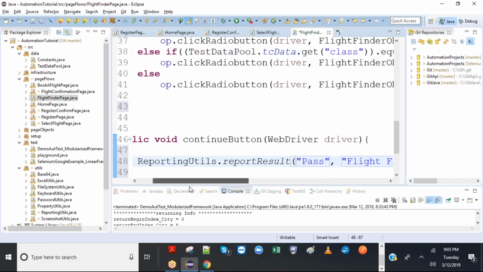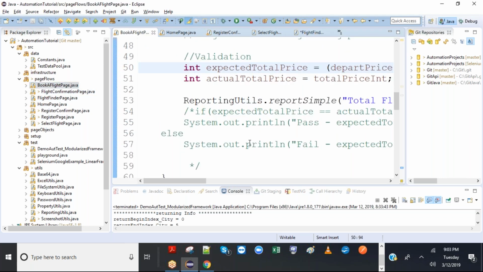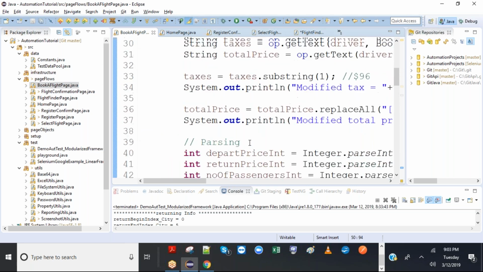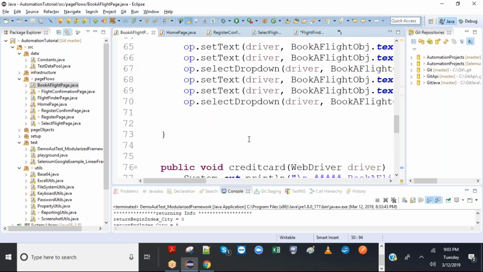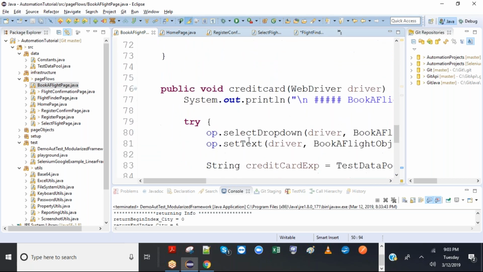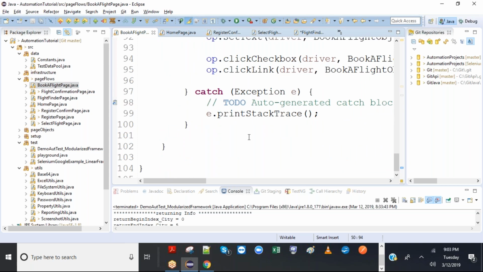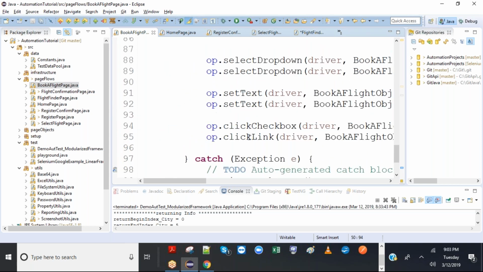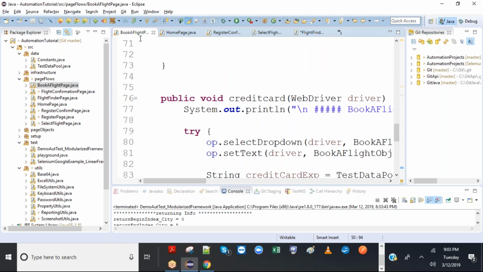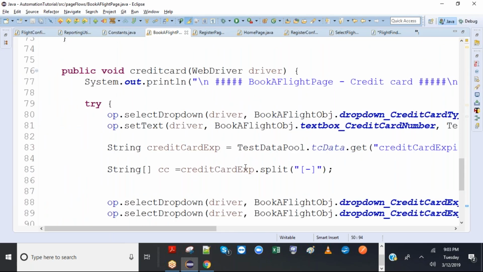All right. So after that, we went to the book a flight page, right? And here, yeah, we need to put a validation. And finally, okay, where is the next link? Click link button, secure page, right?